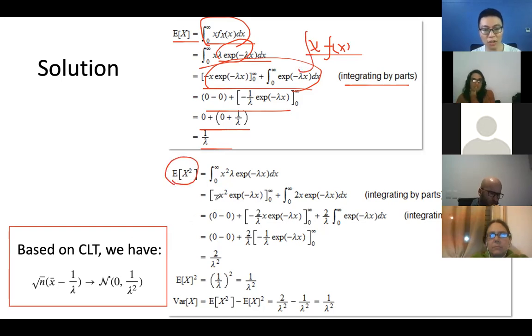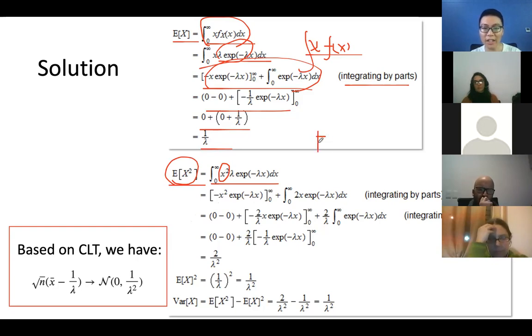That is pretty much the same for when you calculate the variance. I suggest you write it down like this, because you don't directly calculate the variance, but you calculate the expectation of X squared, right? This is also the definition. By definition, you just replace the X to be the X squared.